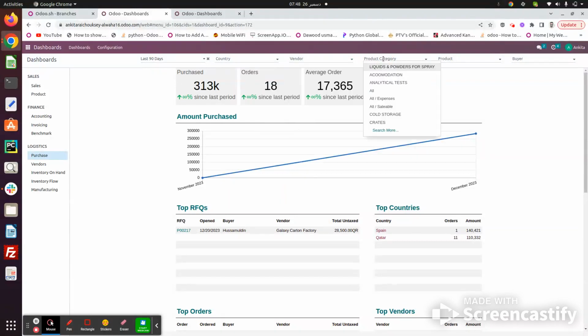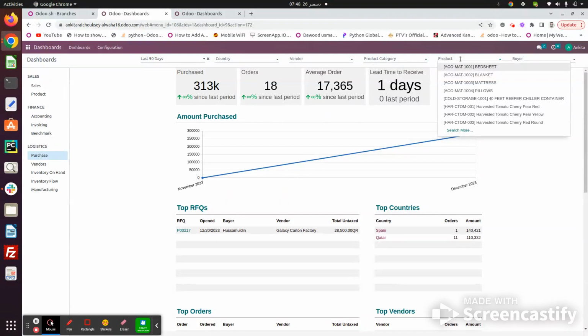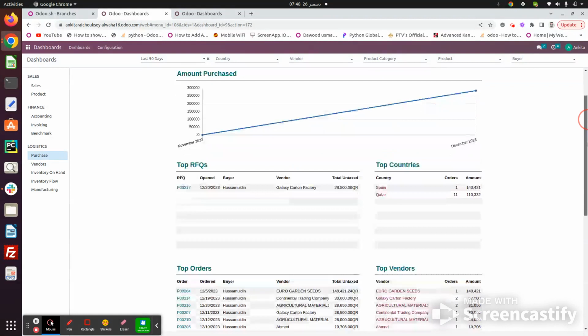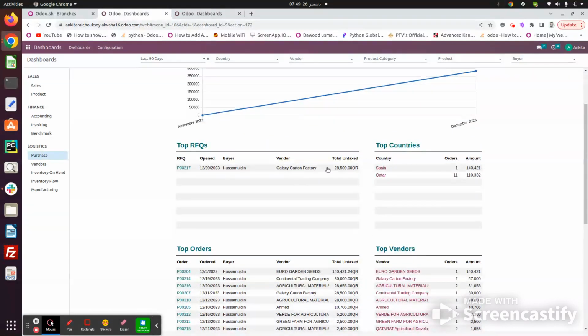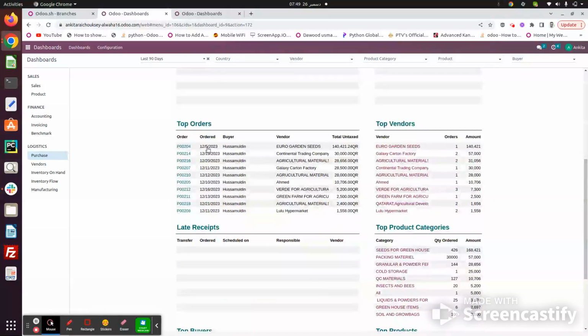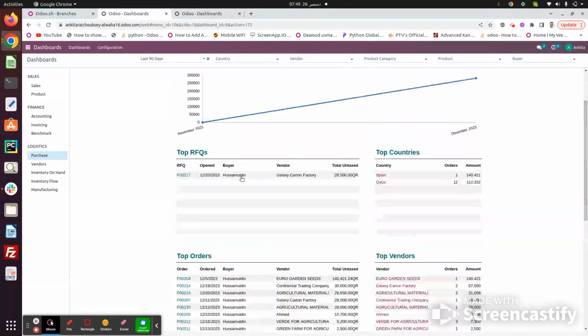You have the option to filter by categories and products, showing which products you buy the most. And lastly, you can filter by buyer, like your procurement person. You should search that way. And what are the top RFQs? This is the top RFQ, the top countries from where you purchase your orders, the top orders, a list of items like top purchase orders. These are the purchase orders, these are the RFQs,